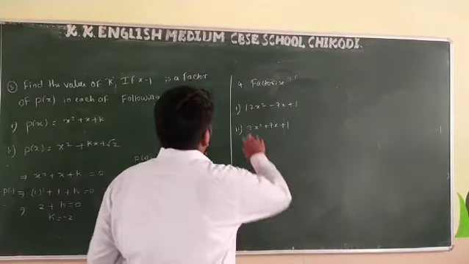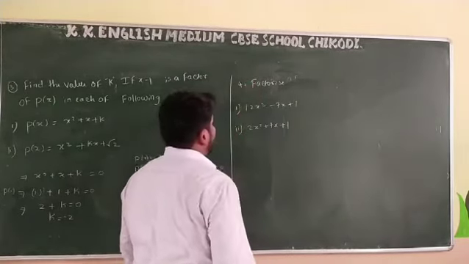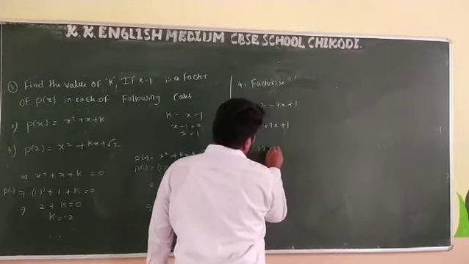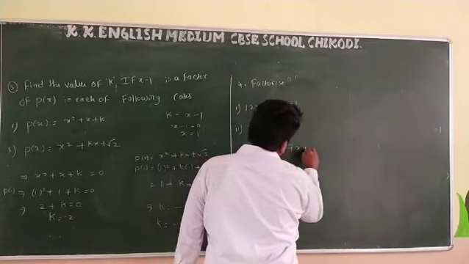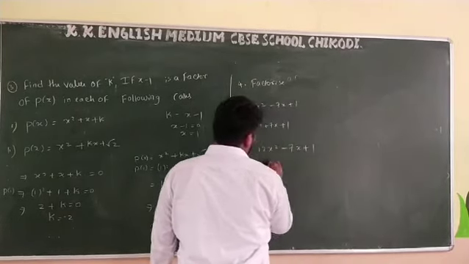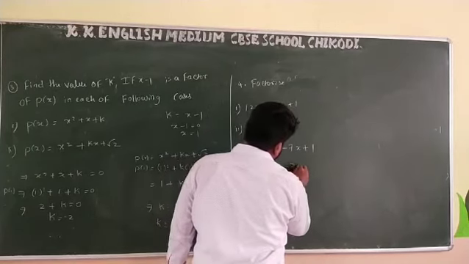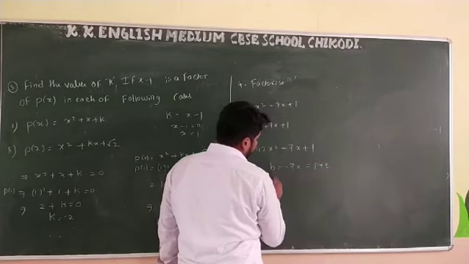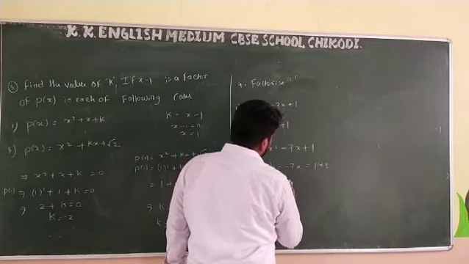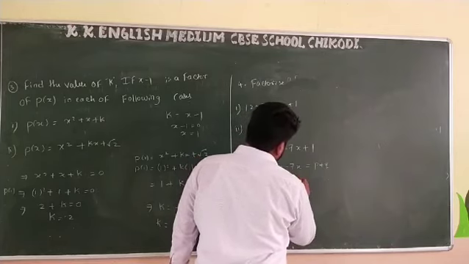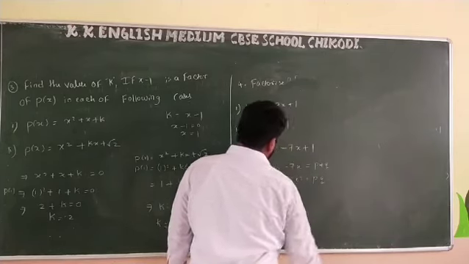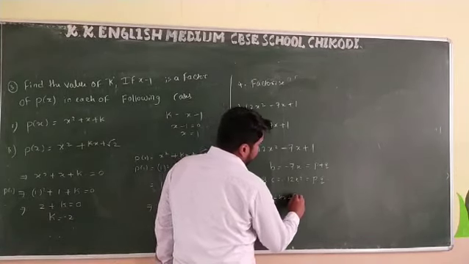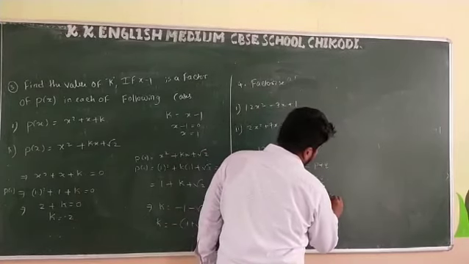Now comes to this equation, that is fourth main. Factorize 12x square minus 7x plus 1. I will go with the splitting method. Now b equals minus 7x, which equals p plus q. Similarly ac equals p into q equals 12x square. Just split the middle term, that is 12x square minus 4x minus 3x plus 1 equals 0.